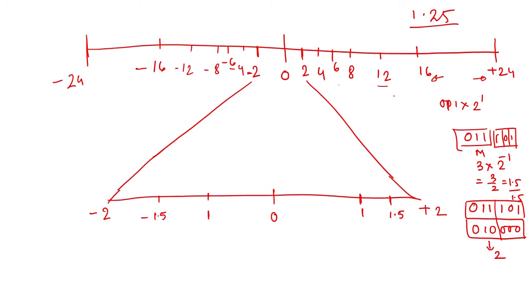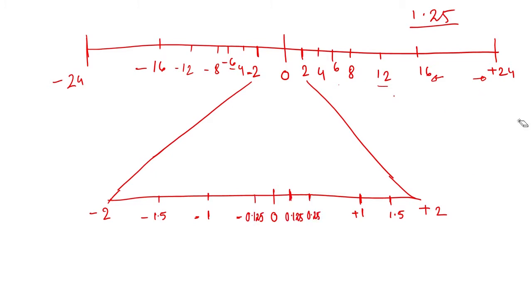Okay. Now, we will see the numbers between plus 1 and minus 1. So, this is plus 1, this is minus 1. Okay. So, how do you see those numbers here? Let us say we want to represent the least positive number. Least positive number, positive means 2 to the power minus 3, but mantissa should be positive. So, the least positive number will be 0, 0, 1. So, this will be 1 divided by 8. So, this will be 0.125.